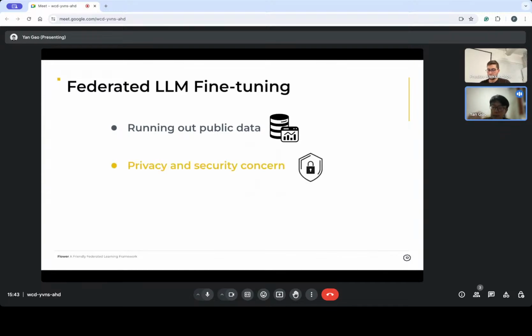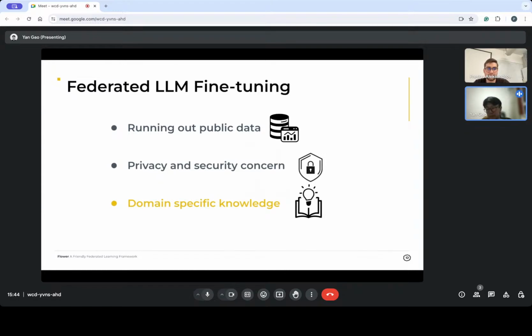Additionally, if we use LLM fine-tuning for personalization, for example on user data, it will of course cause privacy and security concerns. Furthermore, there's often a need to build a more specialized LLM that can integrate domain-specific knowledge that's not available in public datasets, for example in the areas of health, law, and finance.